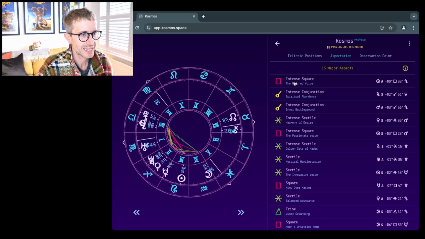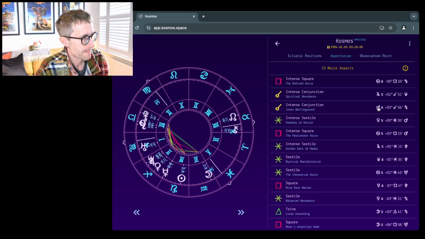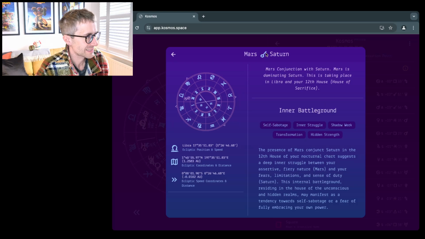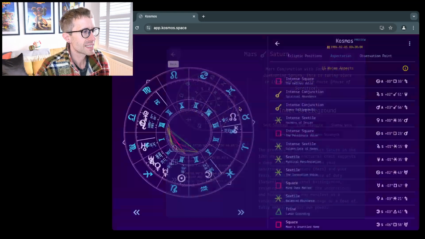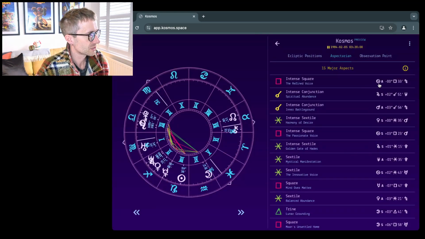So it's ranked in terms of intensity, but that's really considering the aspect here. You can see that this is a 3-degree applying conjunction between Mars and Saturn. You can see where they are on the chart, and how close they are. They're 3 degrees apart. The reason that's not any higher on the list is because basically the sun is